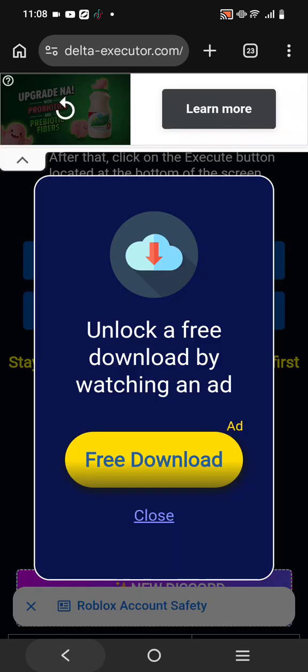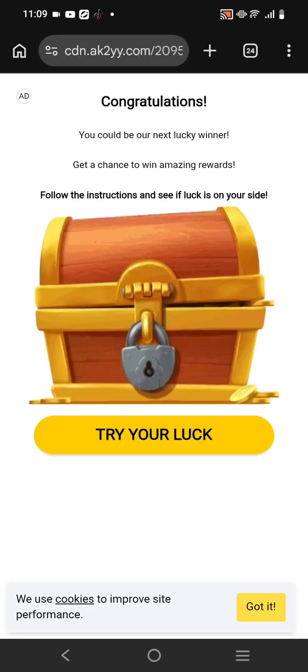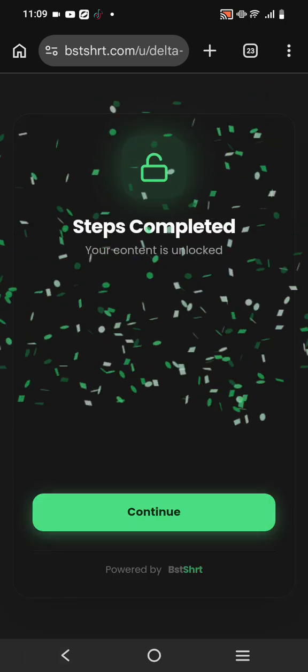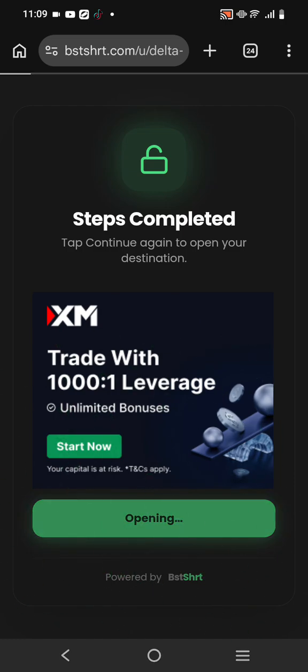Right, there's ads. Just skip it. Again. Oh, I mean this is actually real. Just click. If it's like this from yours, just skip it. Steps completed. Yep. There, I think this is ads or no. Oh, it's actually ads. Wait. Okay.